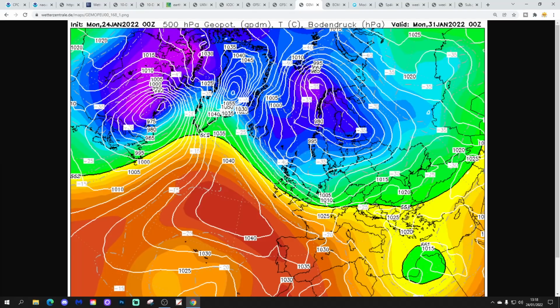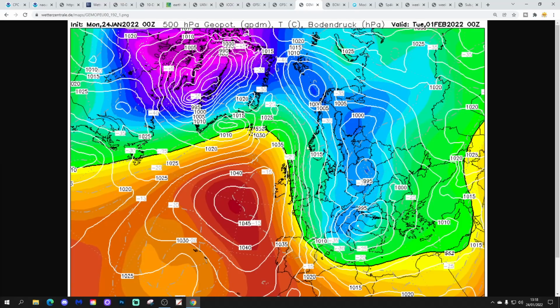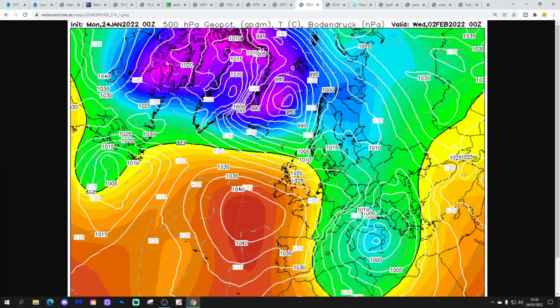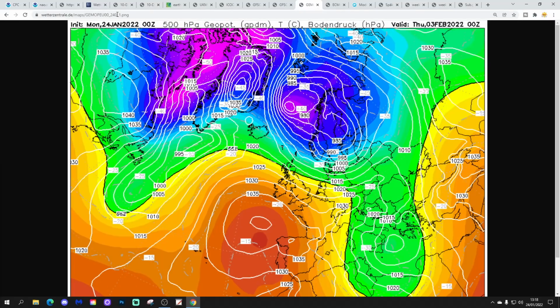Early next week, we've got that rather colder northwesterly setting up, so it turns a little bit colder early part of next week. Wind does get into the north with the GEM, so Monday, Tuesday next week, cold. Could be some snow showers in northern and east areas. Most parts of Europe looking very cold and wintry. It will only be a very brief affair, and then we're back into the west again with those winds by Tuesday, 2nd of February. That's how we're going to get to day 10. We're back into milder weather and reasonably dry at that point as well. The high pressure just not shifting from Spain and Biscay, not going far enough north and west. So any sort of northerly is just very brief, and then winds will go back into the west again.